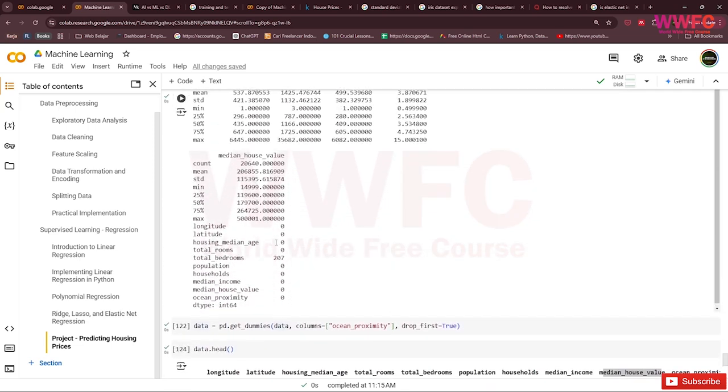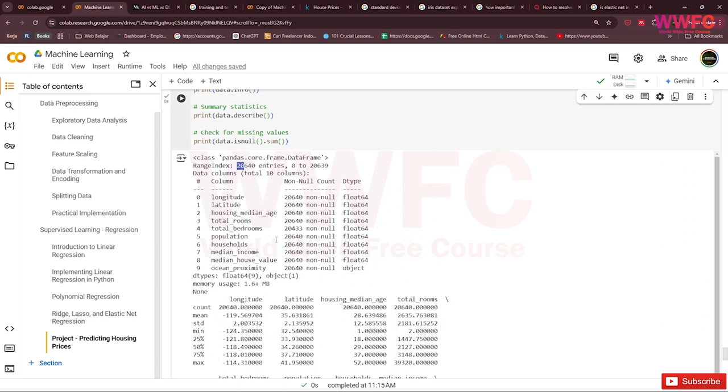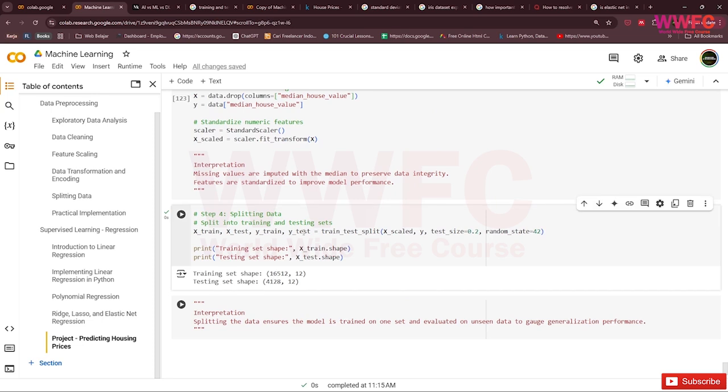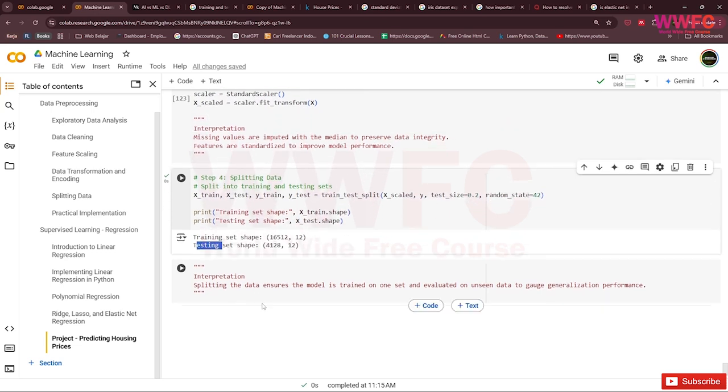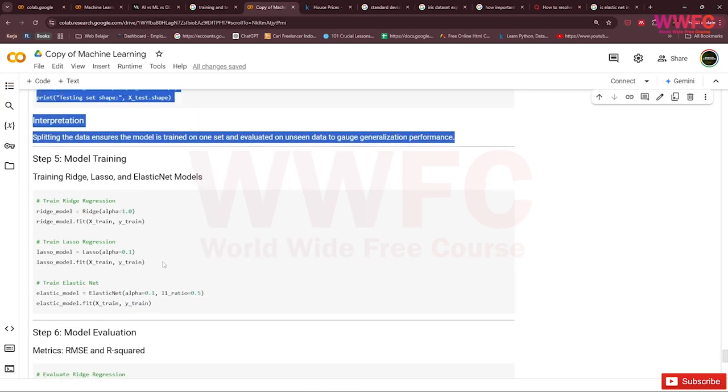So as you can see, this is 20,000 data. So this is 80% of the training set shape and 20% of the testing set shape. So splitting the data ensures the model is trained on one set and evaluated on unseen data to gauge generalization performance. So the next step is model training.